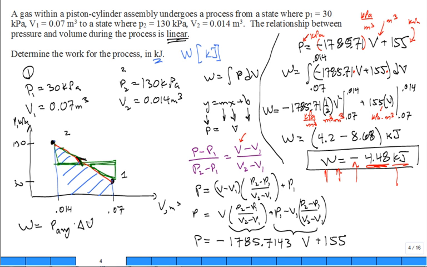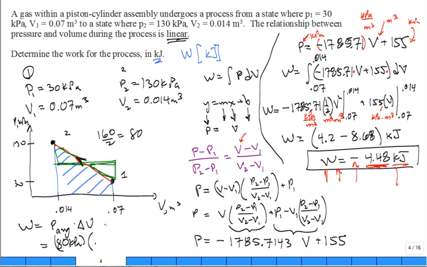And then you look and say, oh, it's compressing, I better make sure and get a negative sign on it. So with the graphical approach, you have to apply the negative sign. Mathematical approach, it falls out. But it would be 130 plus 30 divided by 2. So 160 divided by 2. Did I do that right? What is that, 80? So it's 80 kilopascal times